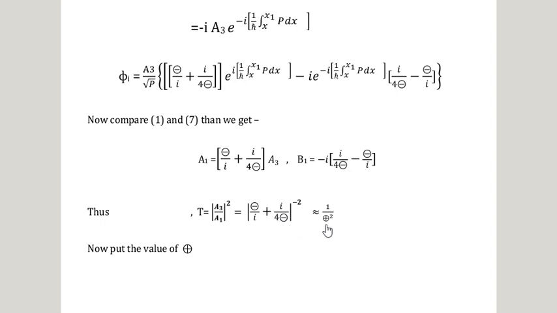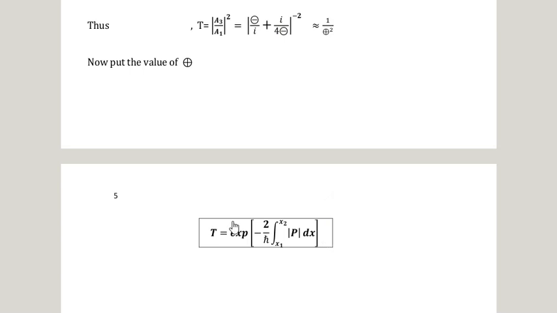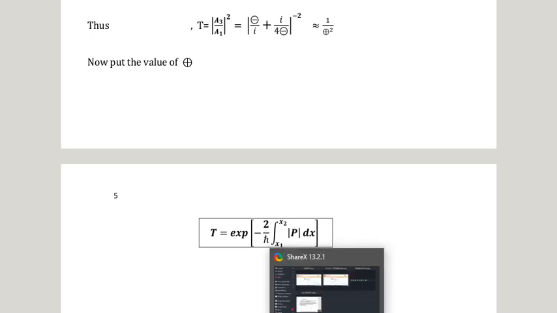Now put the value of theta as previously assumed, you will get the transmission coefficient of the third region with respect to the first region as this. This is the end of the proof of the transmission coefficient with the help of